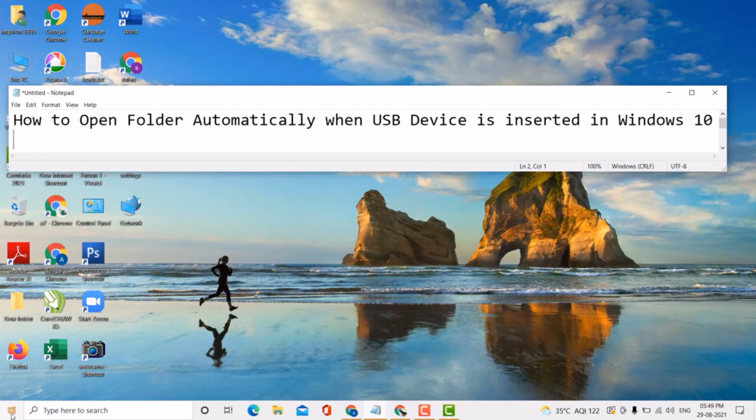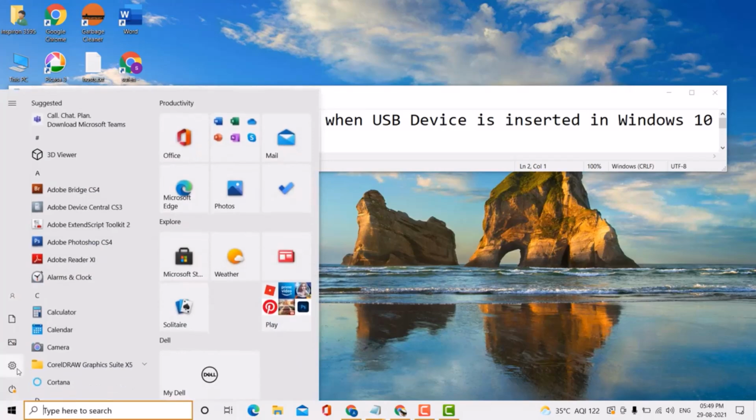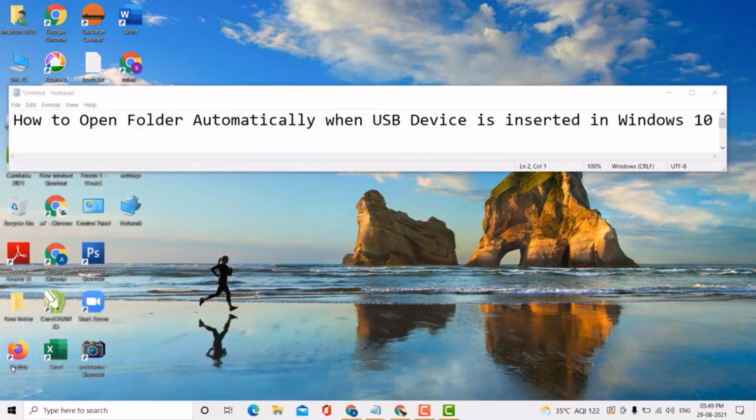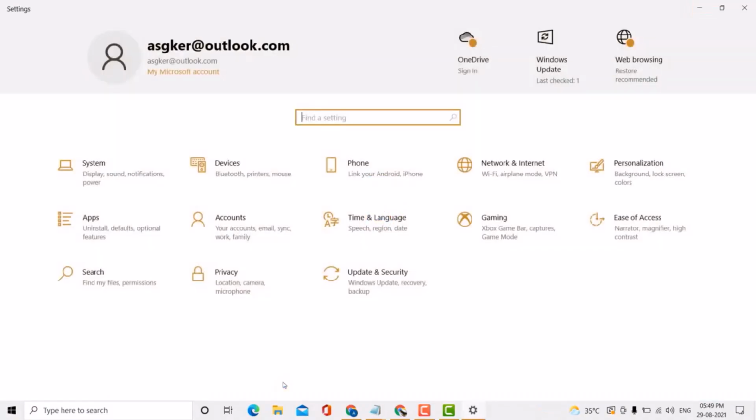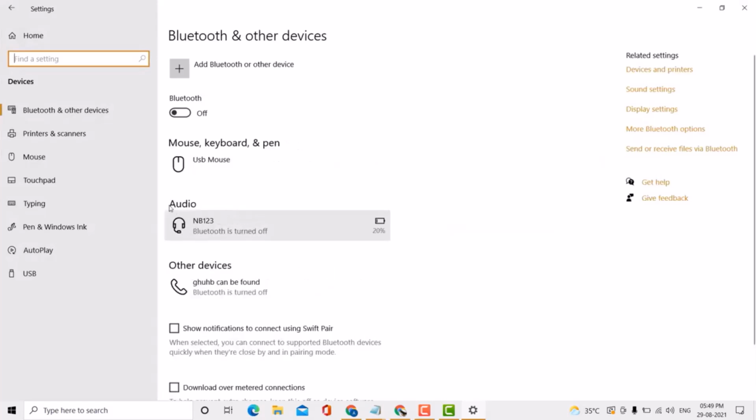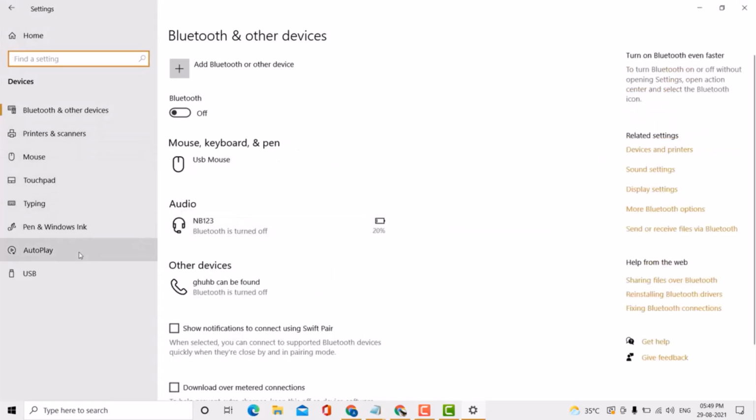So very easy. First click on Start. Now click on Settings. After that, click on Devices, click on AutoPlay,